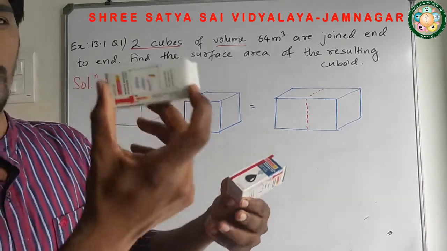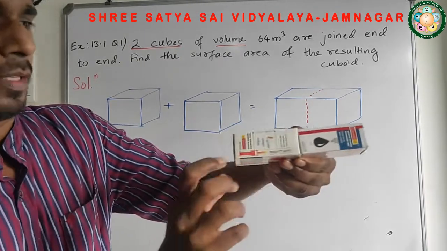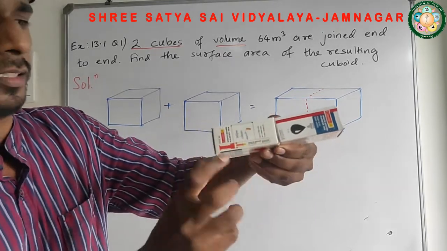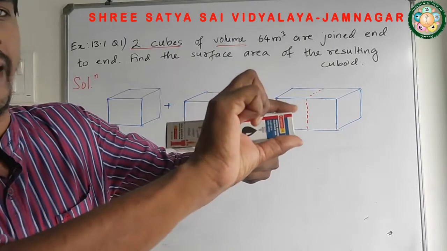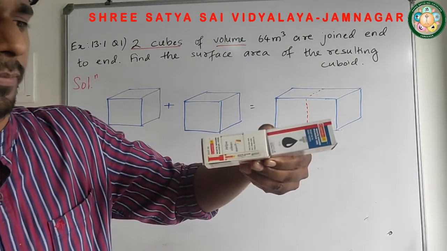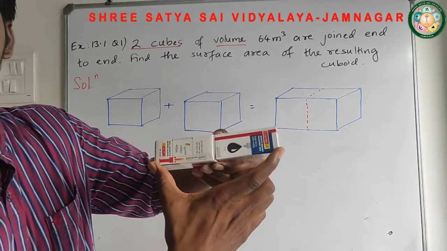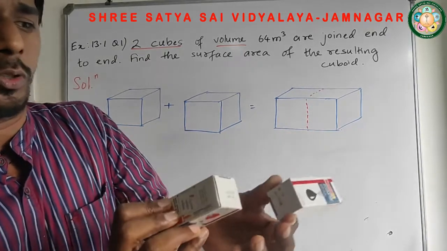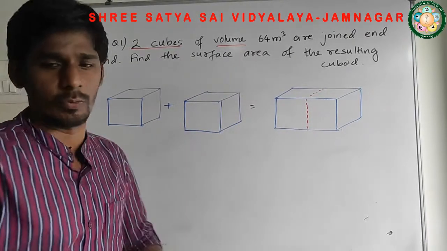First of all, this was the length. Now by adding this, the length has doubled. By adding this length to this one, the length is now double the previous one. But if you look, the height will remain the same. What about the breadth? The breadth also remains the same. Only what has increased here? The length, because I am adding two together. So the length will increase. This is the way we are going to solve this one.